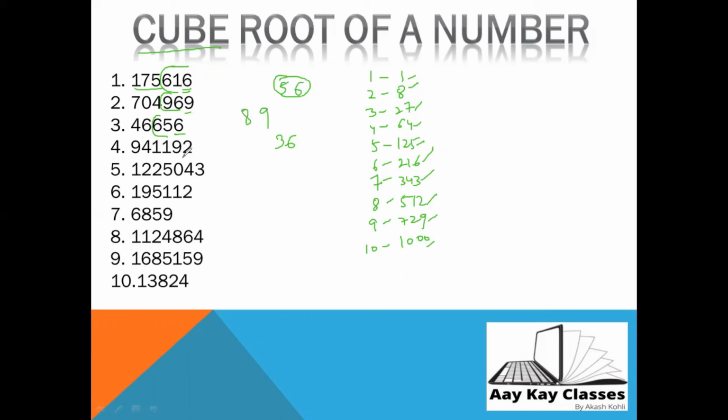Now let's go for this. This is 2. 2 comes at 8. See, this is 512. This is 2 at 8. So you have to leave 3. This is 941. 941 means you have to write 9 here. Right? So this is the answer.